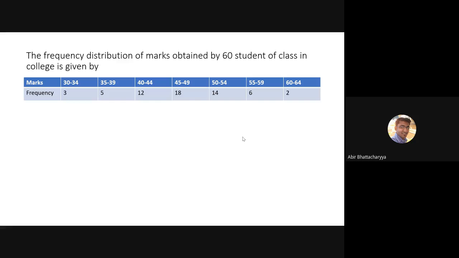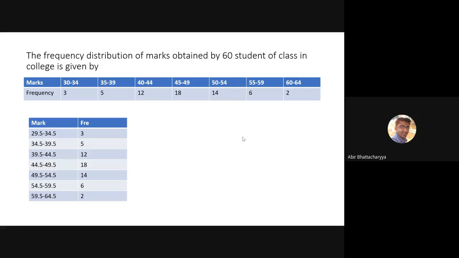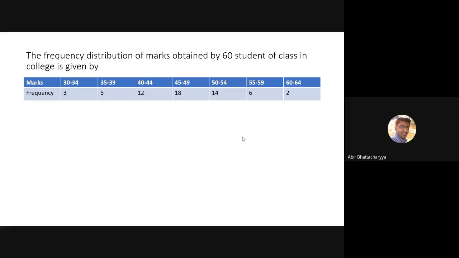Okay, this is the next question. Again, if you recalculate, this is going to be the frequency. Now, what is the problem here? The problem will be in the interval. Each interval has some gap. Starting from 30 to 34, there is a gap between 34 and 35. That is not possible in the context of calculations, right? So what we have to do is rearrange the intervals. We have to rearrange the class.